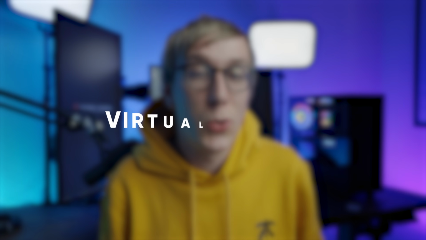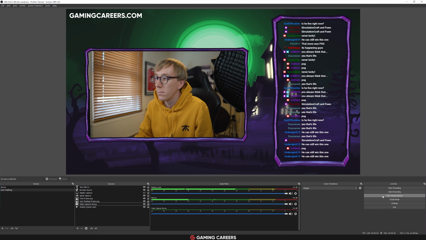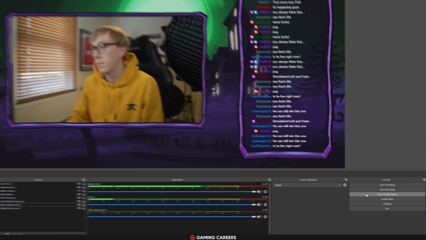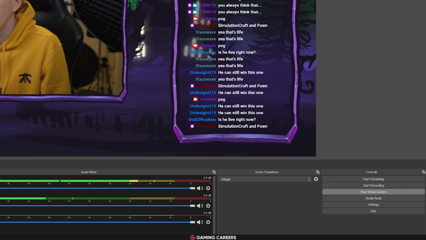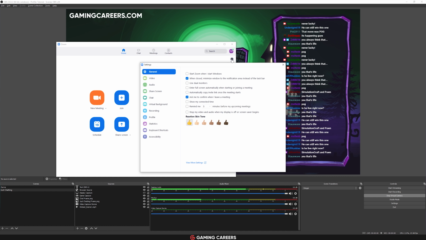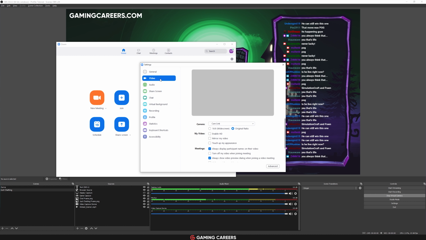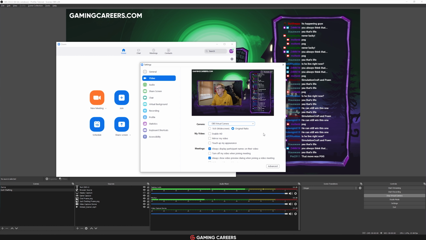Next up, we have Virtual Camera, which is a feature that used to be included as a plugin, which you could optionally install into OBS Studio. They've cleaned it up, got rid of some bugs, and now included it in the official version 26 of OBS Studio. So what Virtual Camera allows you to do is use the OBS Studio output as a camera in other applications on your computer. So this really is super useful if you want to impress your friends or colleagues in a Zoom call with some slick production using your OBS scenes, sources, and transitions.